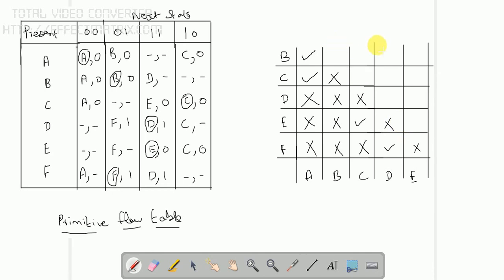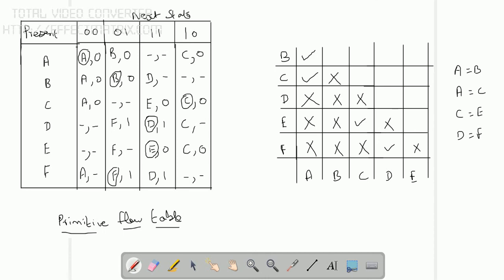So from this, I have calculated that A and B are equal, A and C are equal, C and E are equal, and D and F are equal. So from 6 states, I am going to take it as 4 states. From A, B, C, D, E, F, I am going to reduce into 4. That is A and B, A and C, and C and E, and D and F. Further, all the 4 states can be reduced into 3 states. How? Using a merger graph.